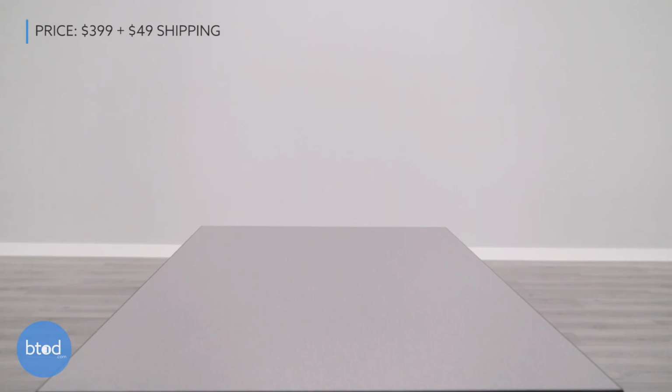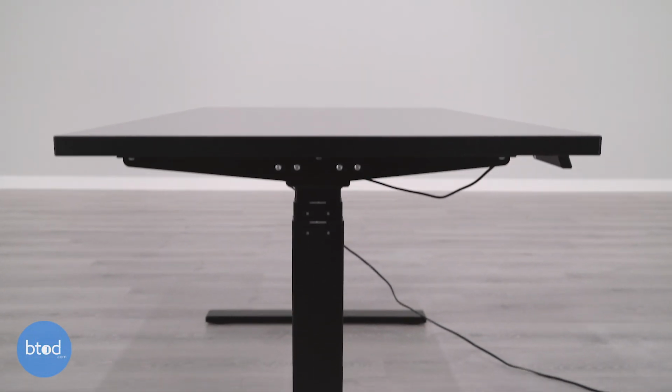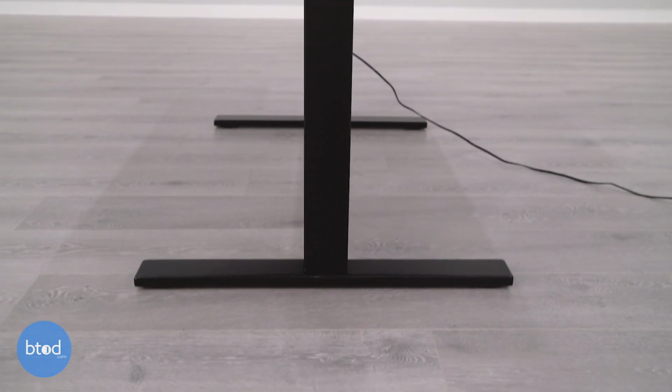We're now about to jump into the things that I like about the Autonomous Desk. The first thing is going to be the most obvious, and that's the price point. Being that they've really focused on being the low price leader, they hit the mark with the SmartDesk Business Edition, and at $399 plus $49 shipping, it's one of the best overall values that I've seen in the mid-range to